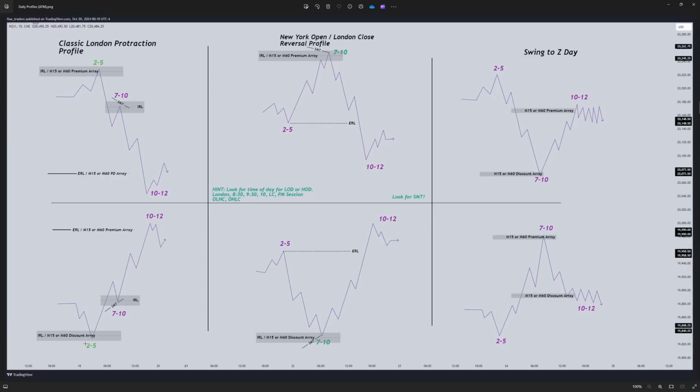And we can target now this draw on time. As long as that time of day has not been hit, it's likely to continue to expand into whatever premium array. It's extremely powerful when you understand this level of thinking, because